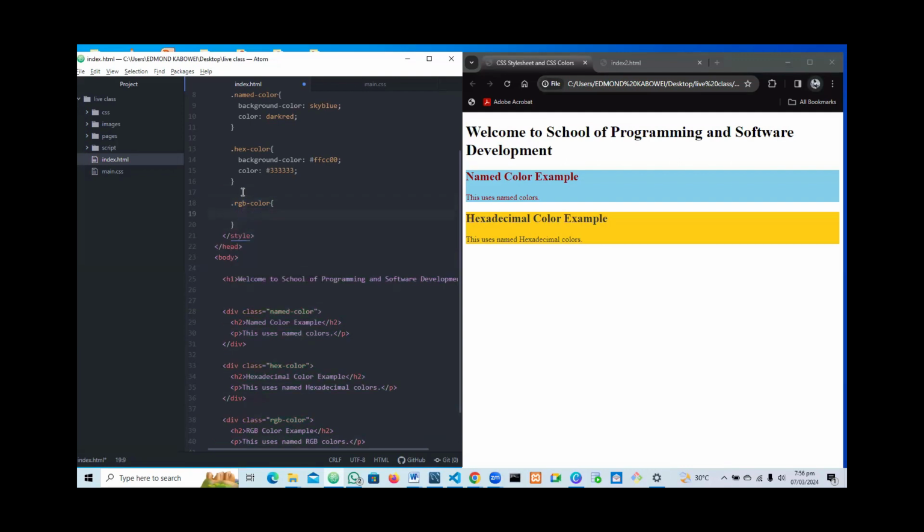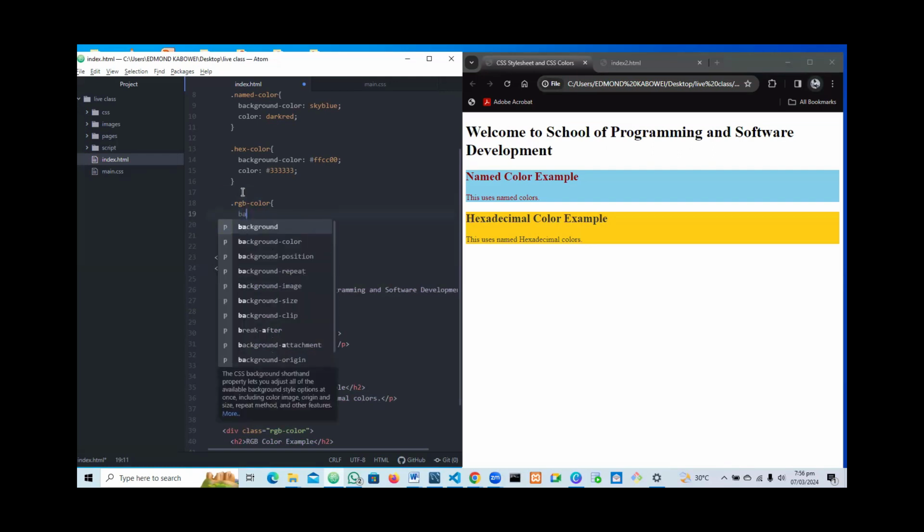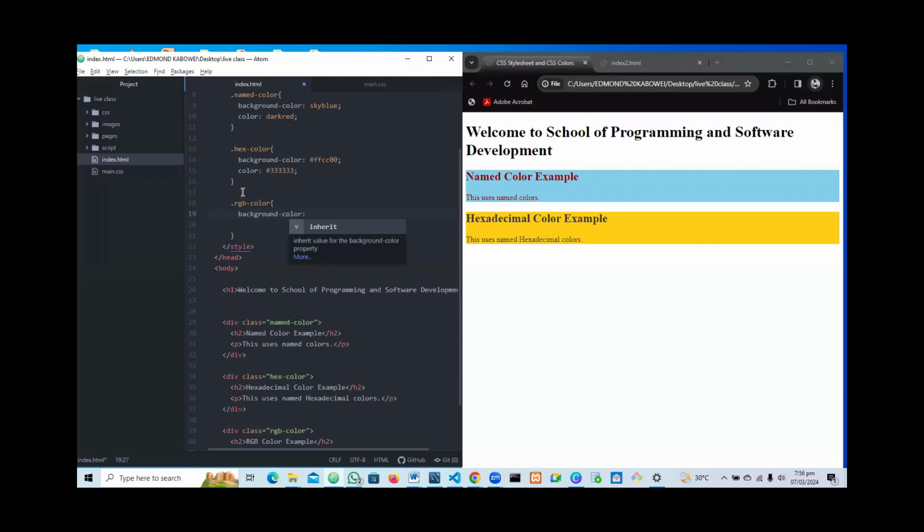And in the pair of curly braces, we're going to specify the exact style we want. Now we're also going to use the background color, but this time the value will be an RGB color value. So to give the RGB color, we use the RGB value, and in a pair of brackets we are going to specify the numbers. Now we're going to use 255,